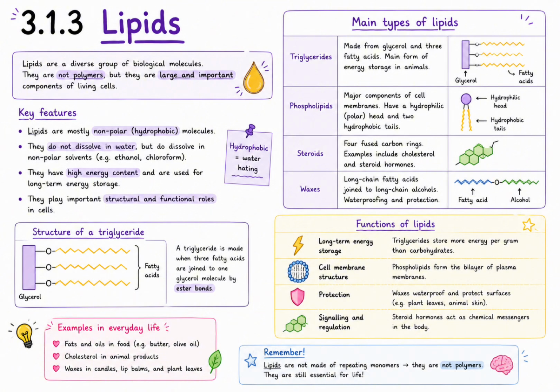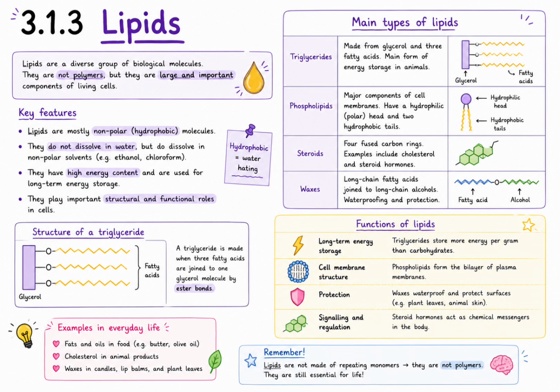Lipids are particularly important because they contain a very high energy content. In fact, triglycerides store considerably more energy per gram than carbohydrates, making them highly efficient molecules for long-term energy storage. Now, there are several important types of lipids you need to know for A-level biology. The first are triglycerides, which are the main storage lipids found in animals. A triglyceride is formed when one glycerol molecule joins to 3 fatty acids through condensation reactions forming ester bonds. Triglycerides are especially useful as energy stores because they are compact, insoluble, and release large amounts of energy when